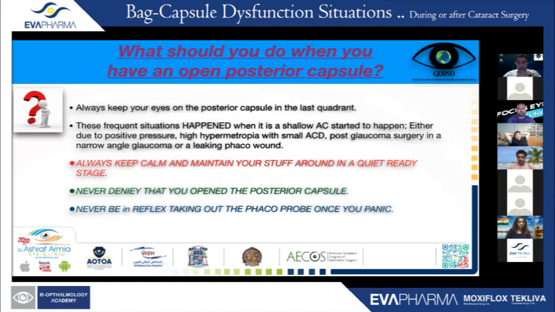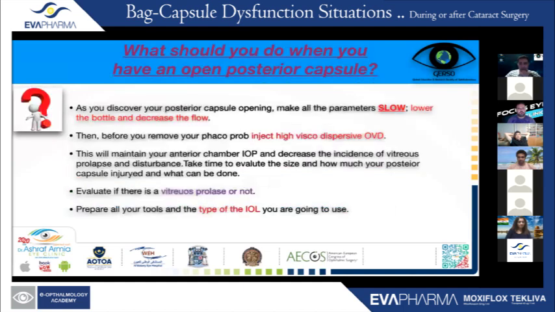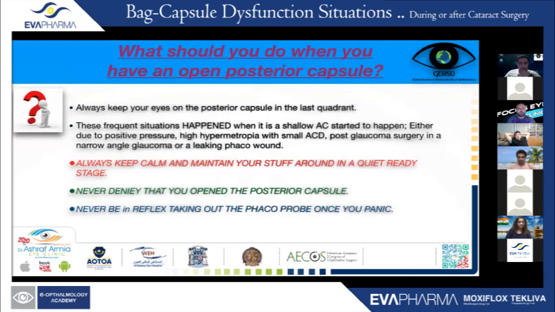What should you do when you have an open posterior capsule? Always keep your eyes on the posterior capsule in the last quadrant. These frequent situations happen when the shallow anterior chamber starts to decrease or there is a positive pressure, in cases of high hypermetropia with a small anterior chamber depth, post-glaucoma cases with narrow angle glaucoma, or a leak